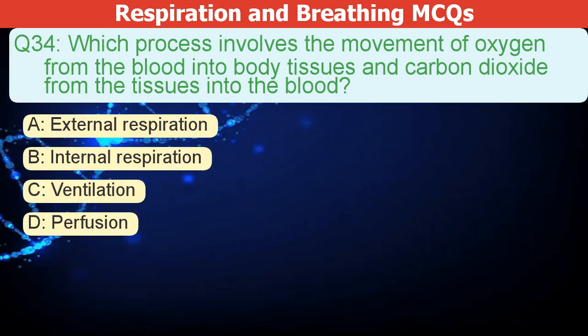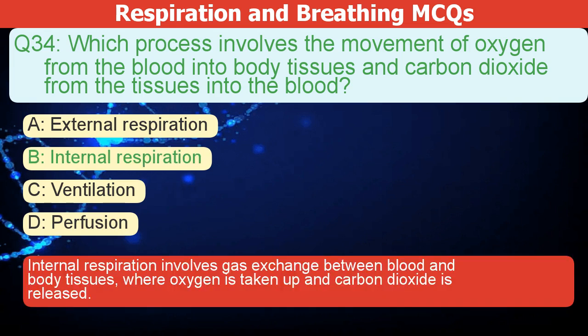Which process moves oxygen from the blood into body tissues, and carbon dioxide from the tissues into the blood? A. External respiration. B. Internal respiration. C. Ventilation. D. Perfusion. The correct answer is B. Internal respiration involves gas exchange between the blood and body tissues, where oxygen is taken up and carbon dioxide is